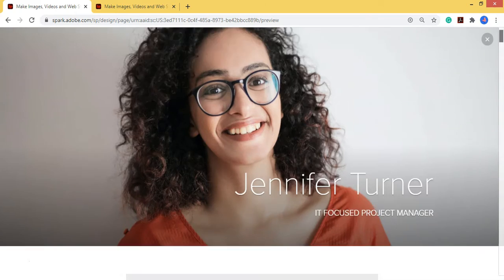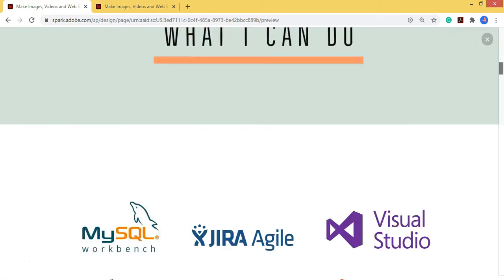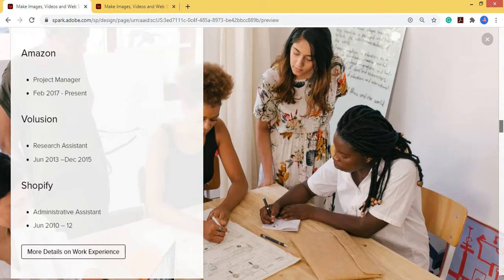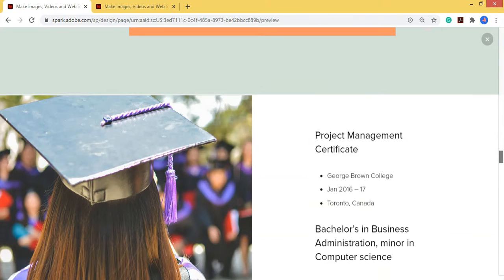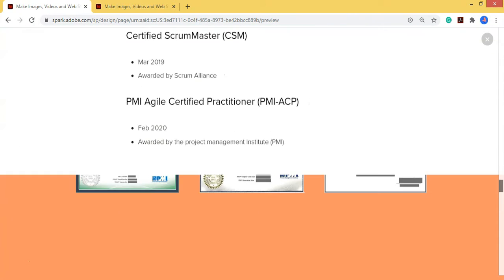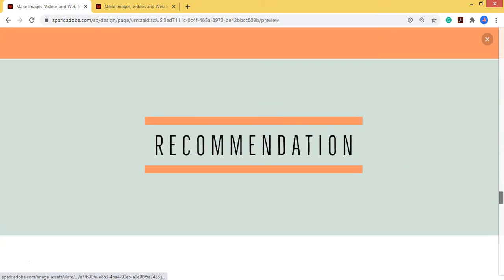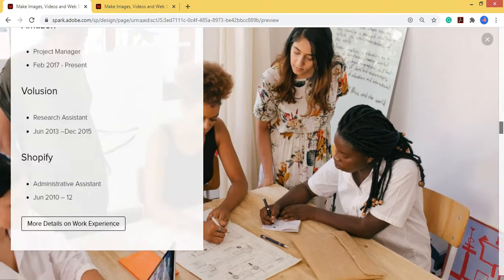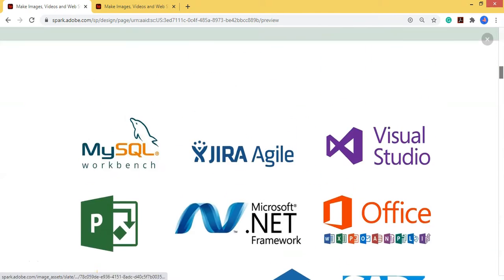Let's check the preview feature. At this point, you can scroll through your web page and see how your portfolio will be viewed once it is published. You'll notice that all the plus icons are gone in this view. And also don't forget to check the attached buttons, videos, and other links. Let's play the video to see how it works.